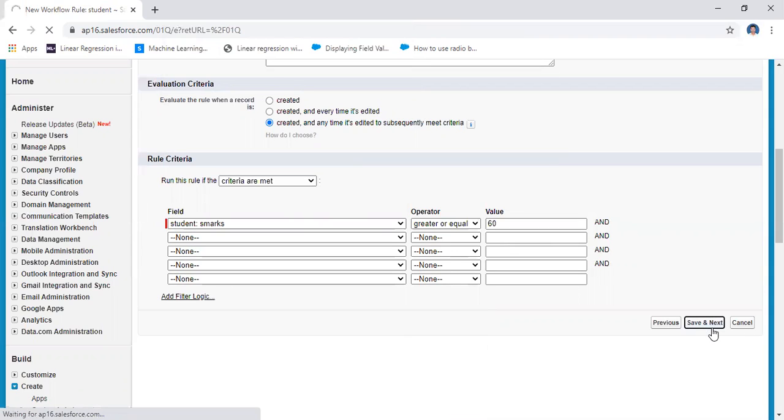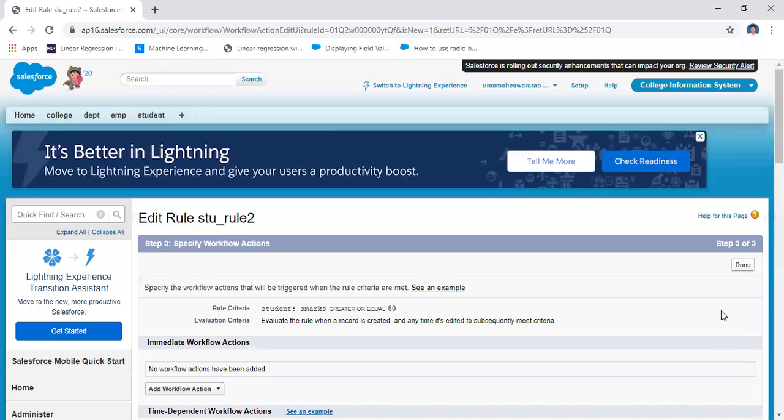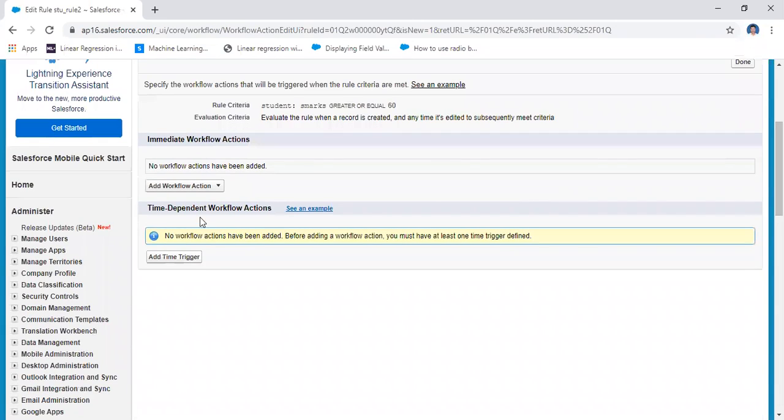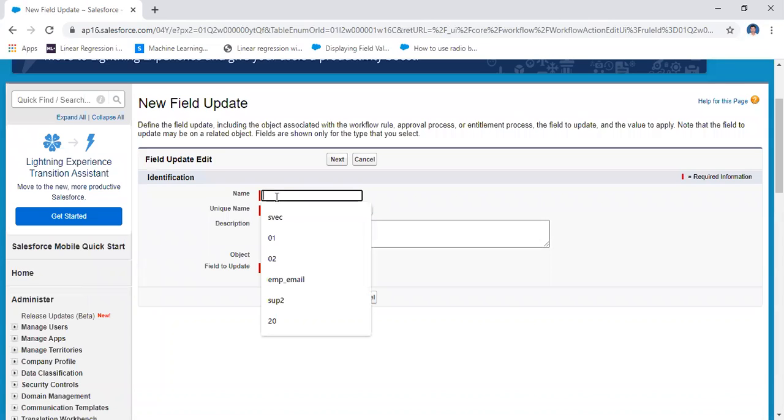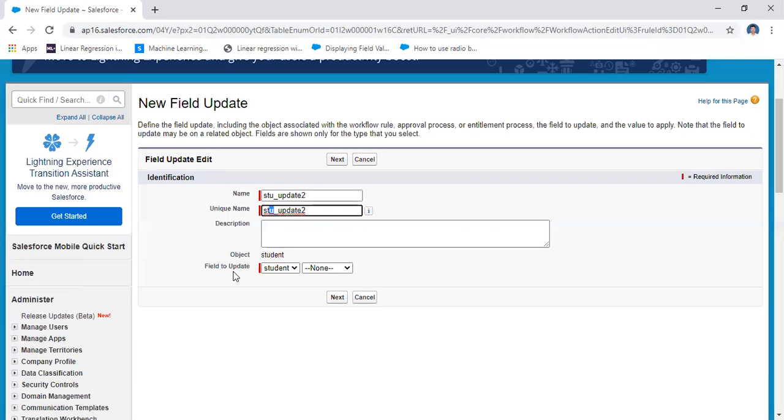You have to perform one certain action on student. What is an action here? That means no workflow action has been added, you have to add the action. What is an action? New field update, or you may send an alert message also. Here what is a new field update? The name, identification name: Student_update2, and then unique name, and then the field to update is student fee.